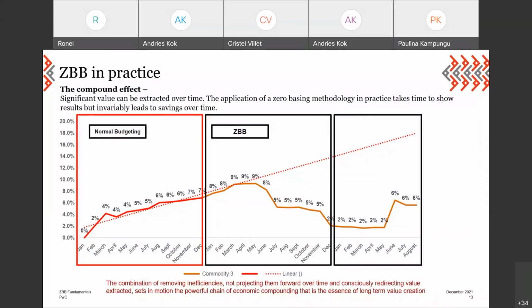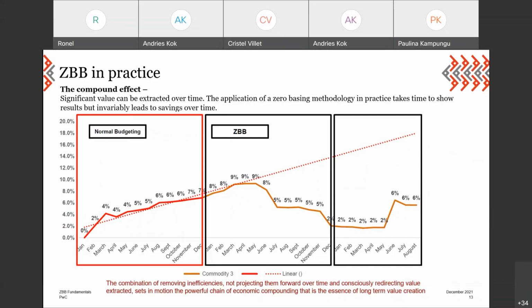Yeah, so this is an actual example of a commodity that was zero-based. The first block in red is where the trend line is set towards the actual spend. So the graph is actual spend with a trend line, but the trend line is only set towards the first 12 months. The red gives you an idea of where spend would be going if you just applied increases, CPI, whatever index may be relevant. And then over time, these two lines would completely diverge. There would be a massive difference.